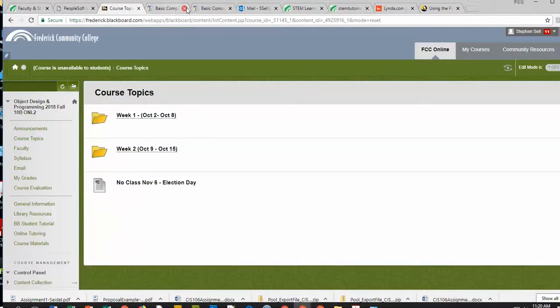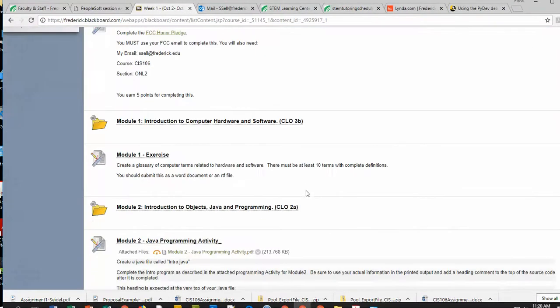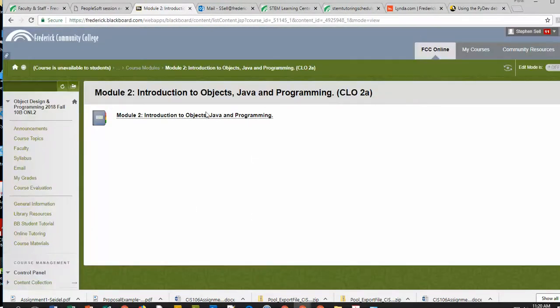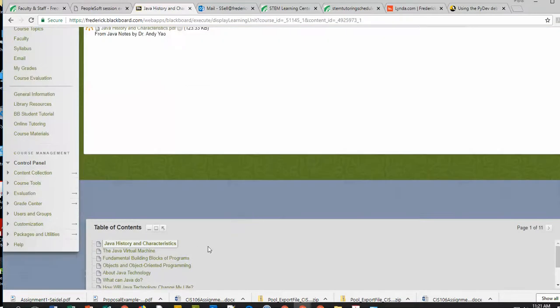So I'm going to go back into Module 2, and you'll see in Module 2 that we've already looked at this first document, but there's a lot of other information here that you do need to look at, such as the Java virtual machine. Review this. You don't have to read this word for word, but you should review it. I would say the big things to really focus on is